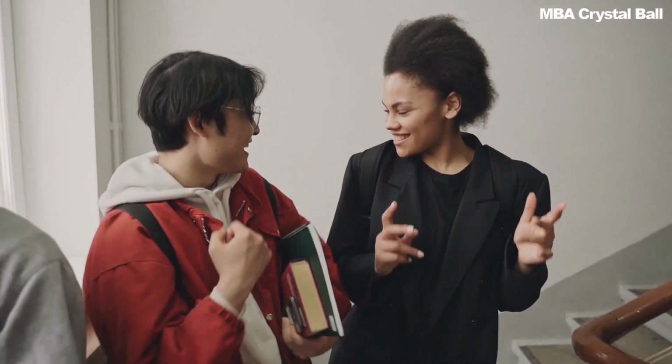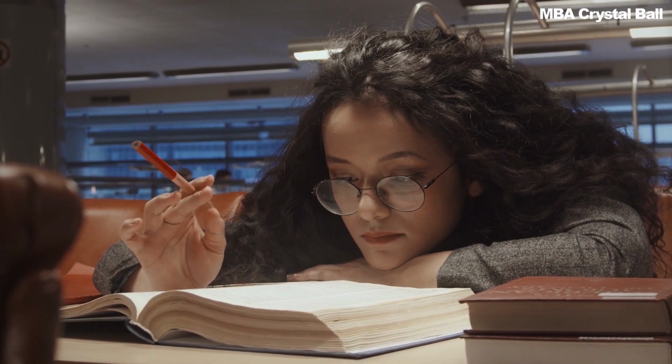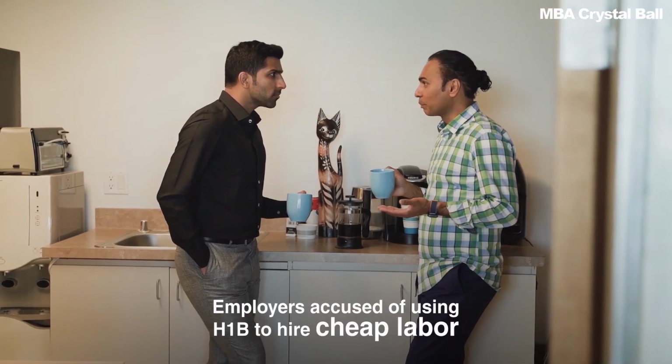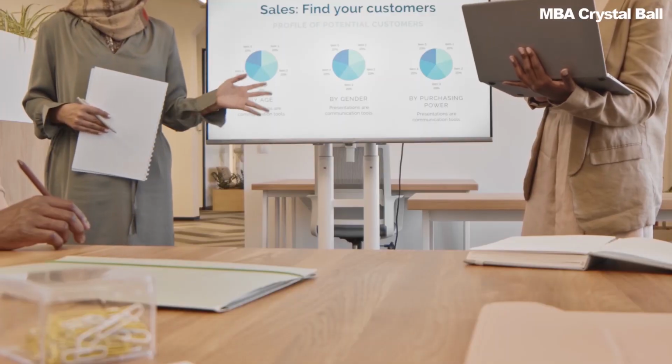As an international candidate, you might think H1B visa is a fantastic idea. But not all Americans share your enthusiasm. And for good reason. H1B has been facing criticism for outsourcing cheap labor in place of hiring good old American talent. Some critics point out that a large number of H1B visas are filled not by high-level STEM workers, but